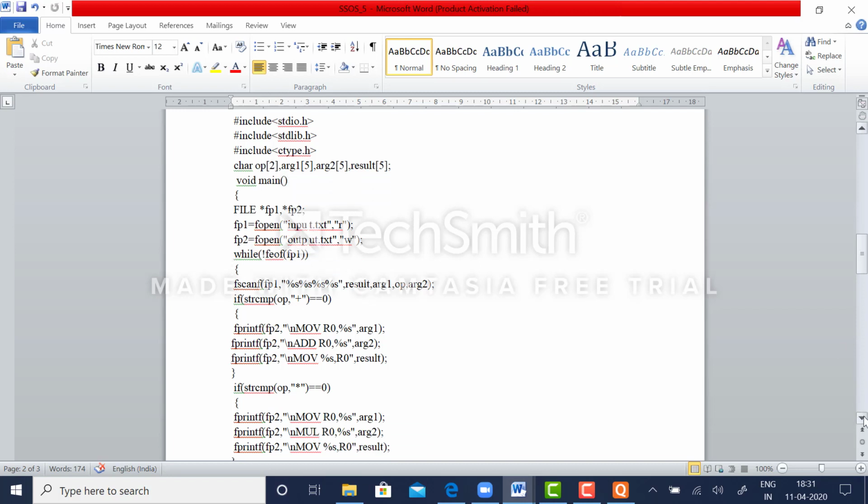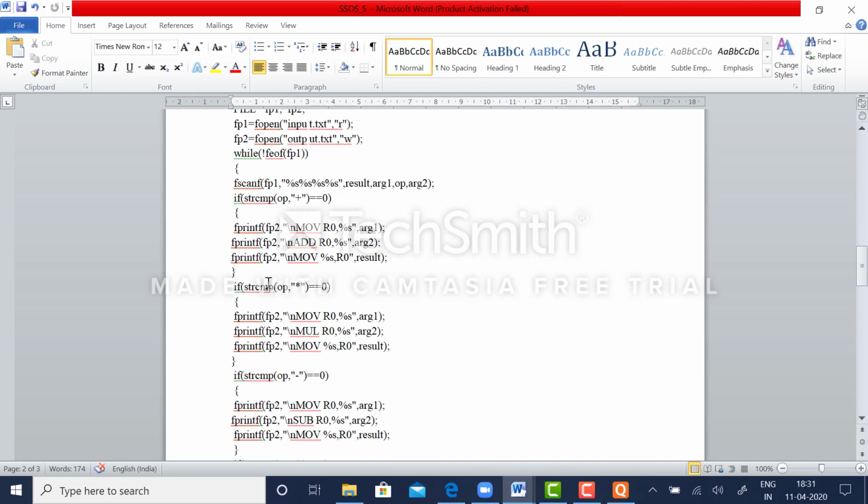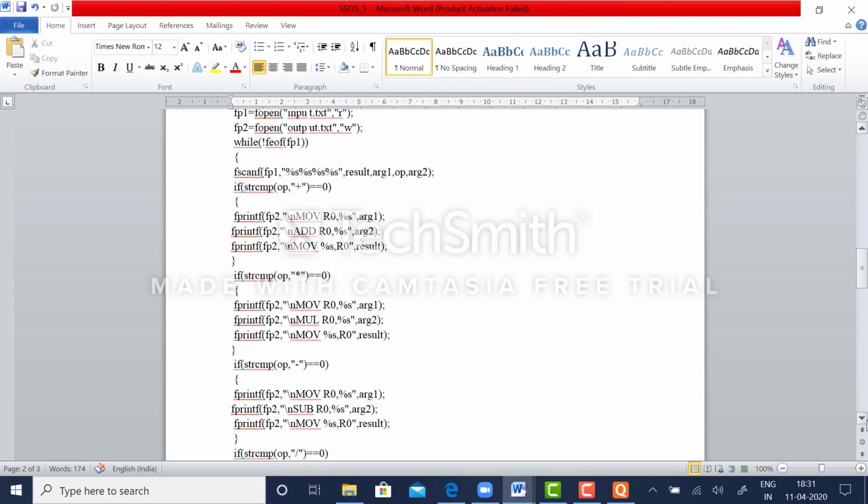Similarly, if the operator scanned is star, you have to move argument 1 to R0 and multiply it with argument 2. Whatever result you get after multiplication will be stored in your R0. This has to be stored to the result or in some temporary variable.